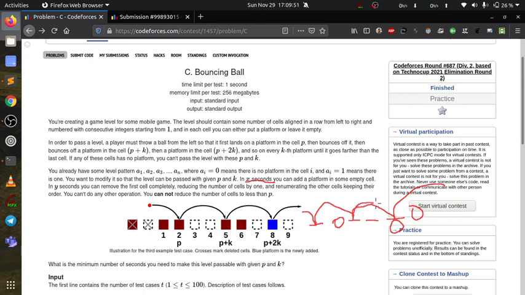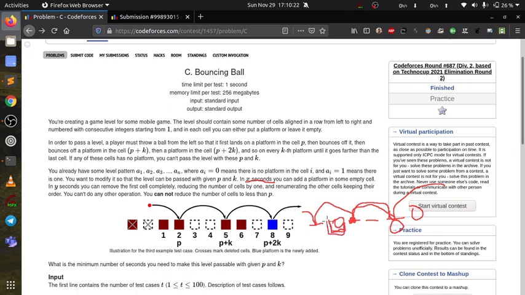So what you can do is take x seconds and replace this with a 1 so that it can bounce further. And the other thing you can do is, suppose p is not the first element, suppose p starts from here, and you can remove one element.